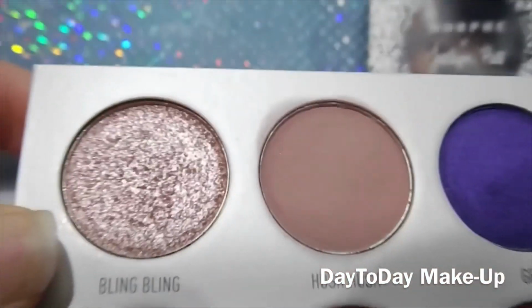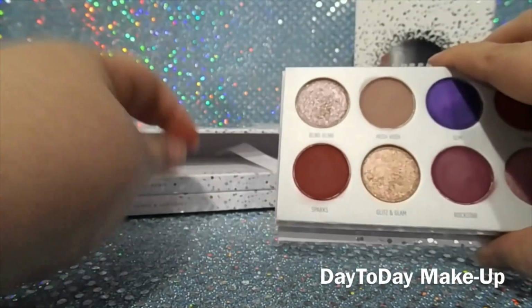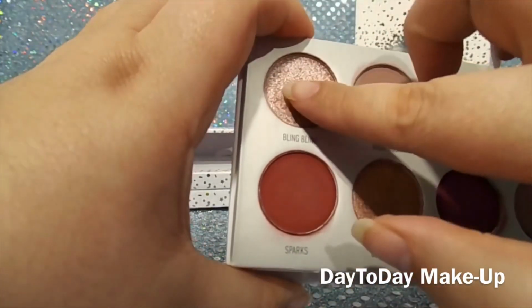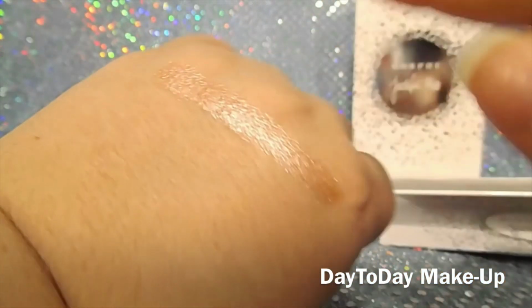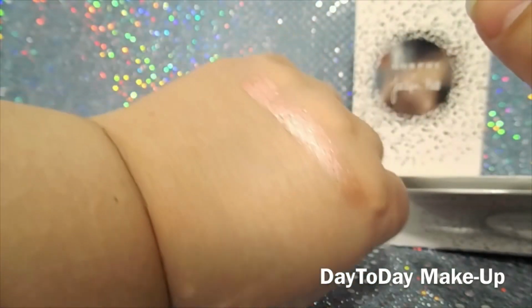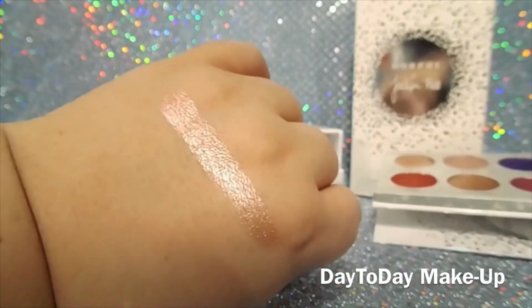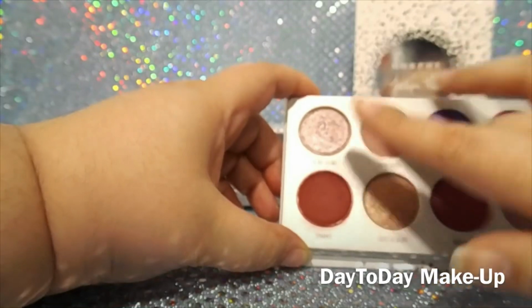So we're going to go ahead and go in with the first color in the palette of Bling Boss, which is Bling Bling. This one does have specks of glitter in it, and I wouldn't say that it's more of a purple. I would say that it's more of a pink shimmer with specks of glitter. I really like this color. It was very nice, and again, glided on just like butter. Overall I really liked it. It has like a chrome feel to it. I couldn't compare it to the original Jaclyn Hill palette, but the next one we're gonna go in with is